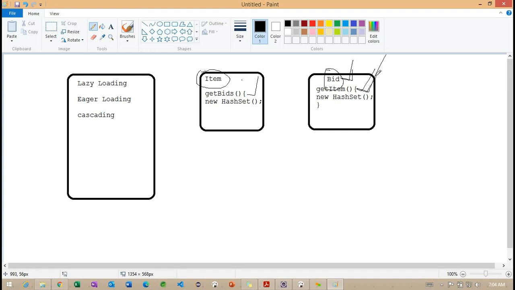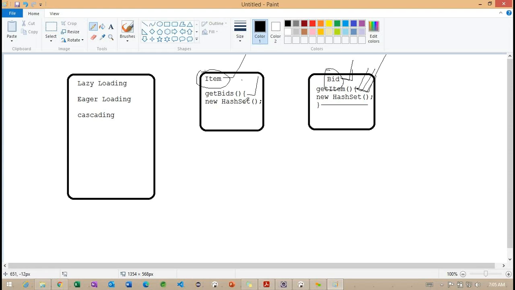In that case, whenever we require the item record, we'll call the item method to return the multiple item objects, which is nothing but a collection of item objects.